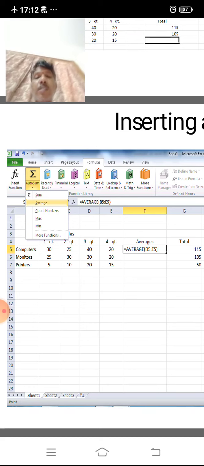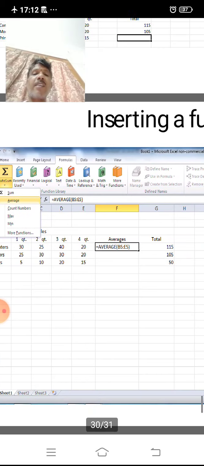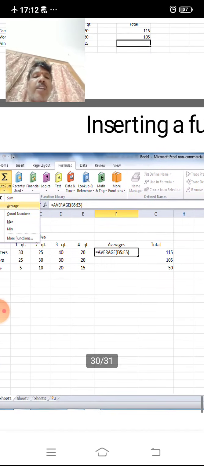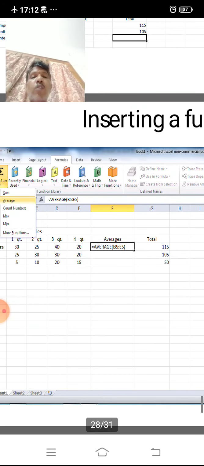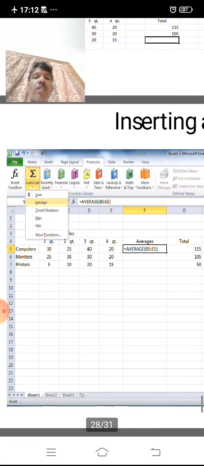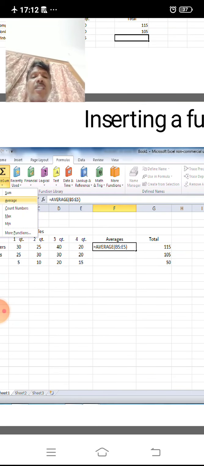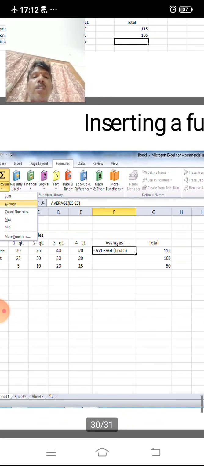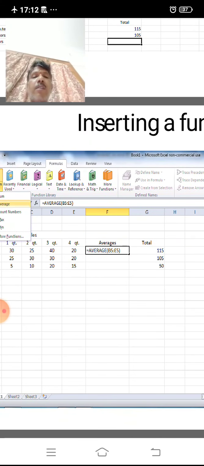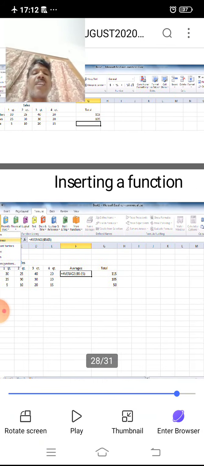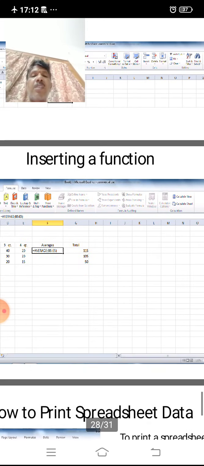Here there are 4 quarters, so 4 values are added and divided by 4, and we should get 115. Copied to the other cells, instead of B5 to E5 it takes B6 to E6, and the next one takes B7 to E7. These values are obtained with the help of the average function. That means the user can insert a function in a simple manner.